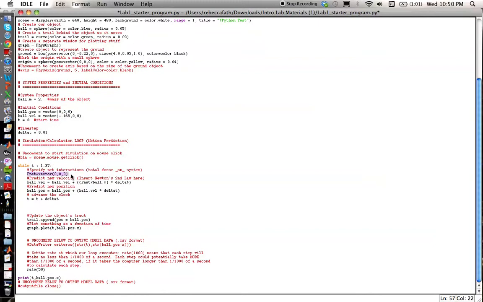Then I came down here, and you see that in this experiment we made the assumption that F net would equal 0. As you can see, that means that the initial velocity and the final velocity will be equal, because this variable here is going to turn out to be 0, because the 0 vector will cancel it all out, delta time, everything. It's just going to be final velocity equals initial velocity. So then, when we run this,